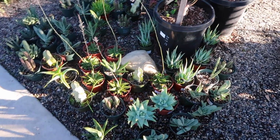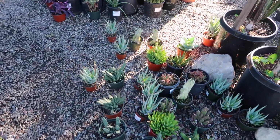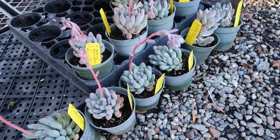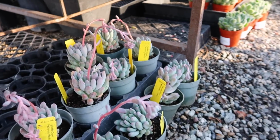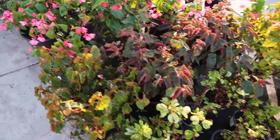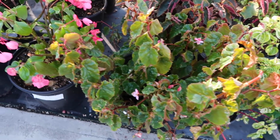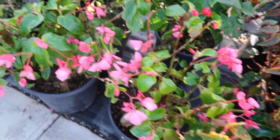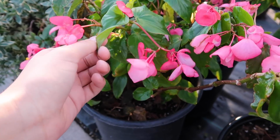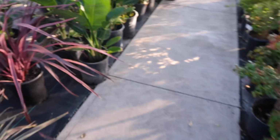Here's some more little blooming babies. Oh, look at these ones. So cute. Over here they have some begonias. I think these ones are really nice. I like their beautiful pink flowers and then their light colored leaves. They just look so nice together. There was some, oh, there are